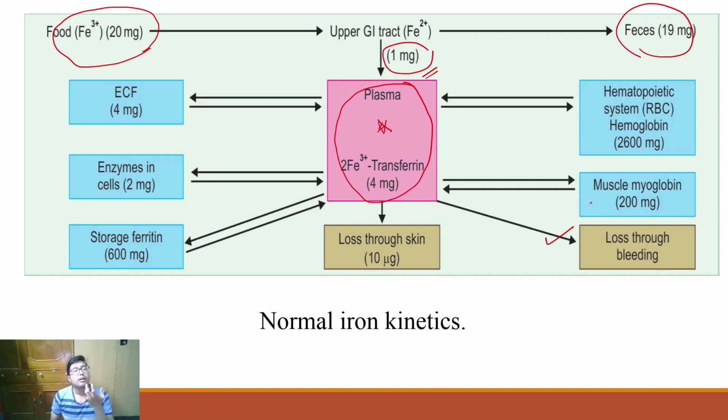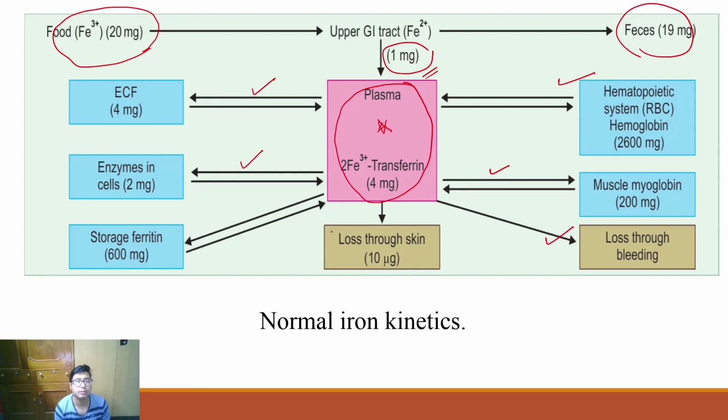So what are the areas from which iron is recirculated? Now you can tell the answer, because I already told you what the forms of iron are. As I told you, maximum iron is in hemoglobin. So hemoglobin is formed and destroyed, and that iron is circulated and recirculated. That iron is reused. Same in case of myoglobin, but hemoglobin is present in blood and myoglobin is present in muscles. A small amount of iron is present in ECF, extracellular fluid. I told you a few enzymes are iron containing, so those are also important. Those enzymes are synthesized, then they are degraded, and the iron can be reused from the system.